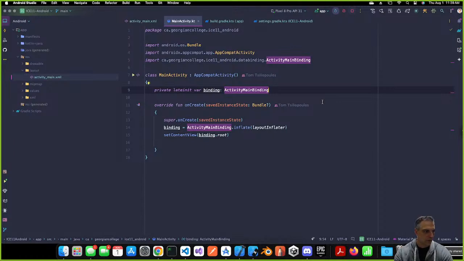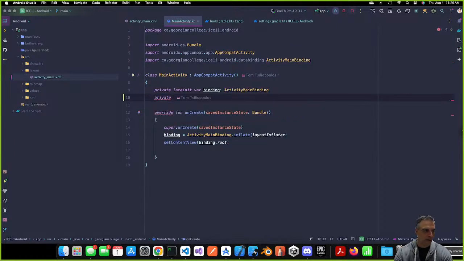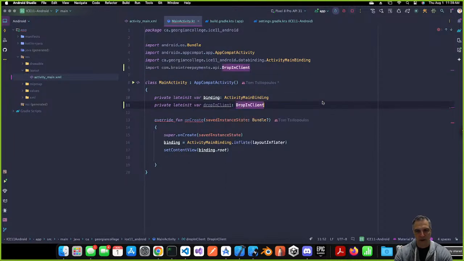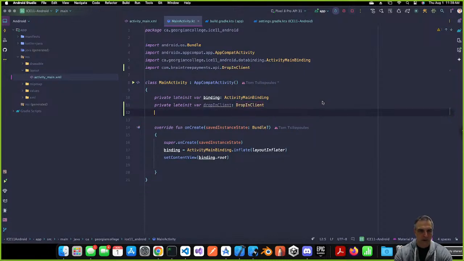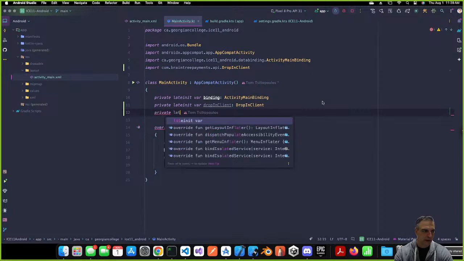So first thing, what we want to do is a lateinit var, and we want to call this the dropInClient. So this is the dropInClient, which is going to be of type DropInClient. Okay, so DropInClient is part of the API. Notice that Braintree nicely came up with the DropInClient. We're good to go. We also want to create a lateinit var